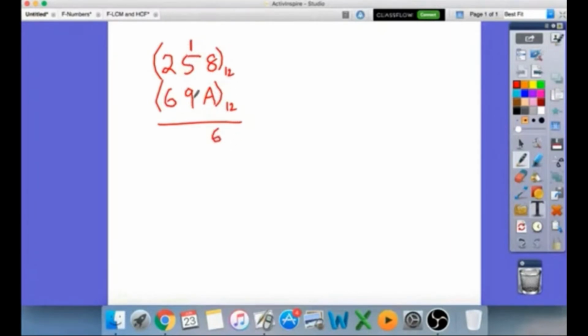1 plus 5 plus 9 is 15. Out of 15, the base is 12. So 1 carry is gone and you're left with 3. So because 12 is gone, you have 3. And 6 plus 2 plus 1 is 9. So this is equal to 936 base 12. Okay. Now let's take 3 numbers. 255 base 6.